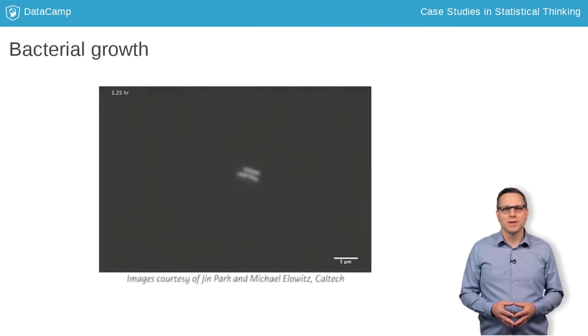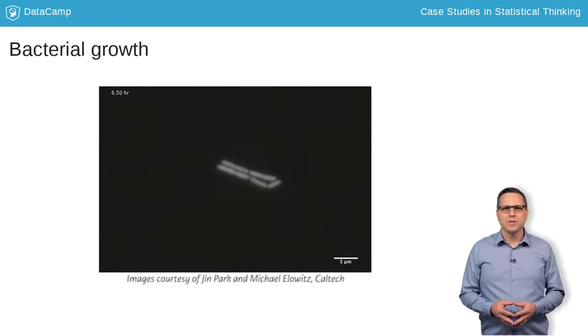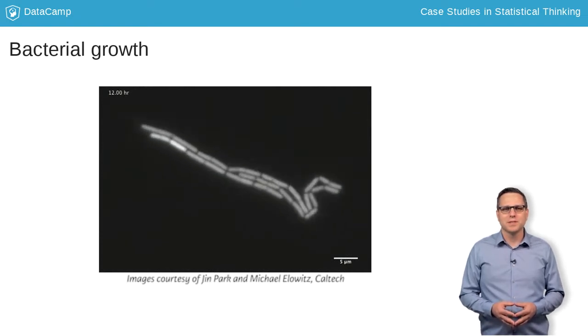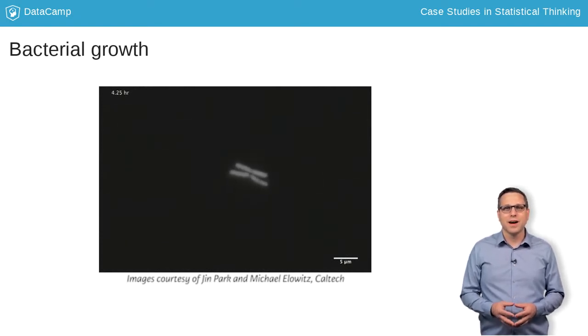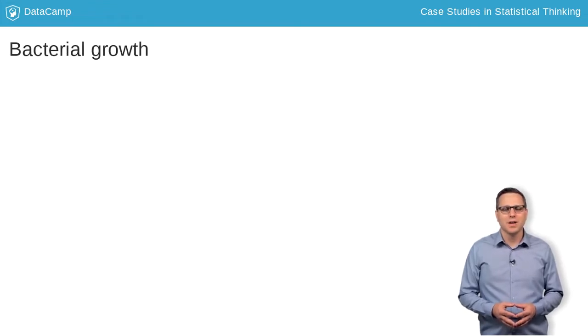lab of Michael Elowitz. Here is a movie of two bacteria of the species Bacillus subtilis growing and dividing into a small colony. These bacteria were engineered to have fluorescent proteins in them, which is why they glow, enabling us to see them clearly. If I plot the total area of bacteria in the image over time, we see this